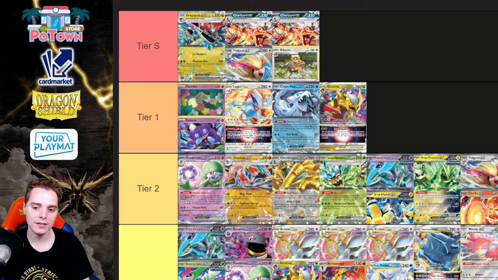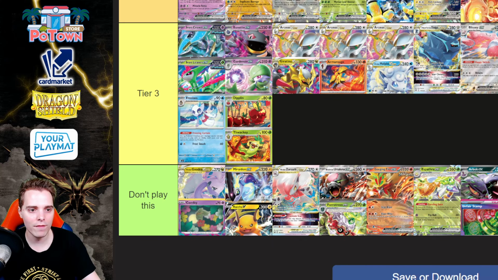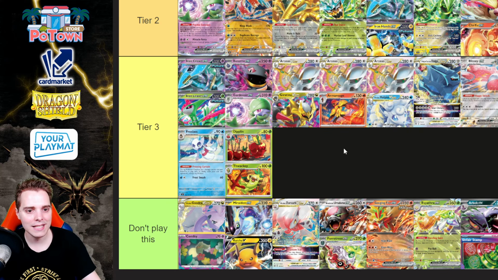Iron Thorns gains its respect as the most disruptive deck in the format. We do see some Control and Snorlax blocks still around. Roaring Moon EX and the Ancient box are still in tier 2 as well. For tier 3, there's a little bit of everything. Future Box, Banette, a bunch of Arceuses, there is Dialga, Blissey, Raging Bolt, Great Tusk, Meowscarada, the new Palafin, Froslass,